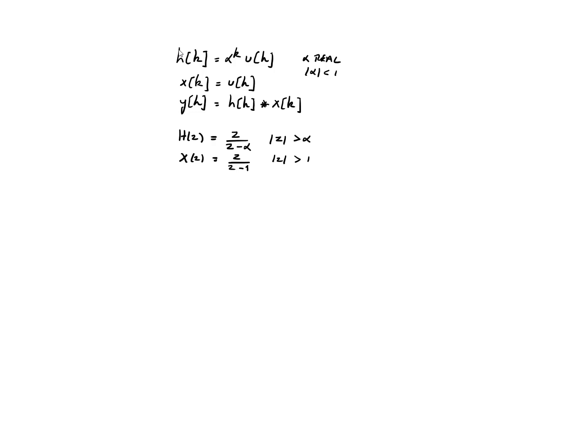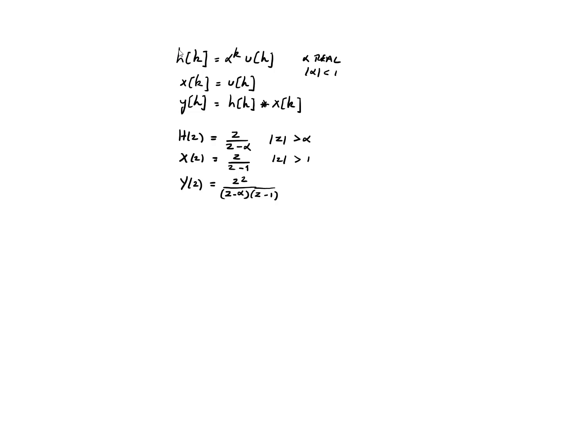So these are the regions of convergence of the associated z transform. So Y(z) is simple to compute in the z domain. It's simply the product of those two. So it's z squared divided by (z minus alpha)(z minus 1). So what you could do is take the inverse z transform and obtain y[k], but let's assume that we're a